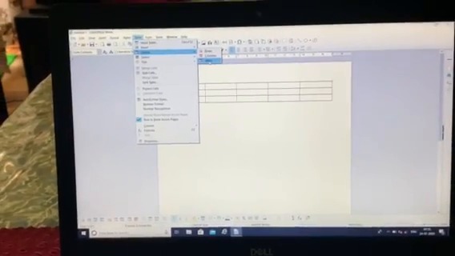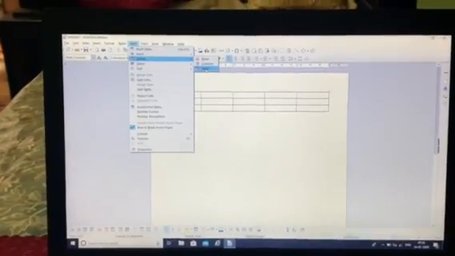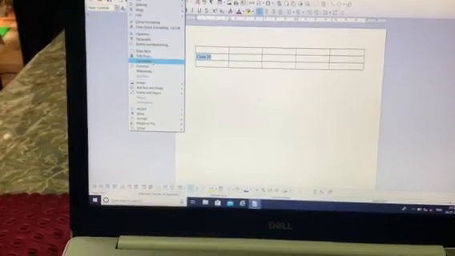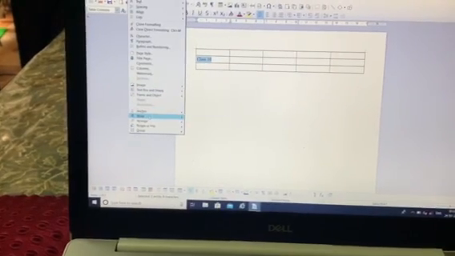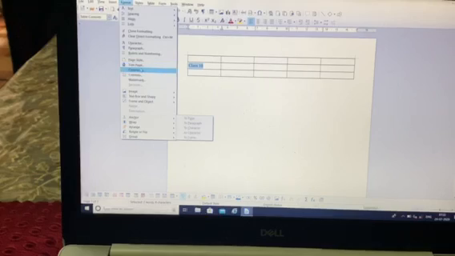Now formatting the text in the cells. What I do, I write certain text here. Suppose I have written class 10 here. So to format the cells, select the cell, then select the text that you want to format and then click on format, and then you can change the font and all of this.